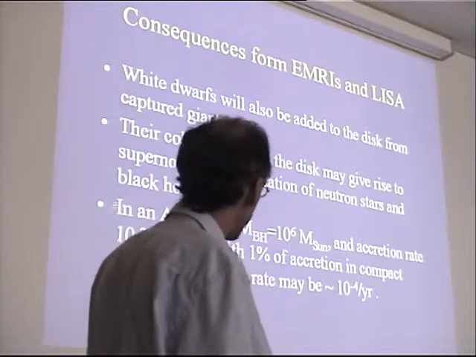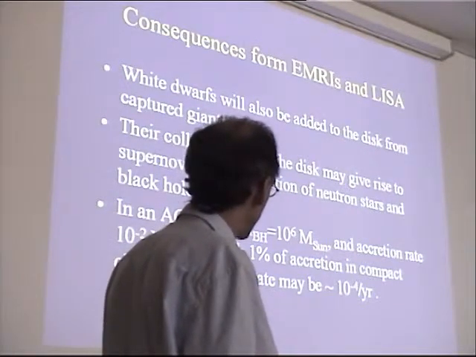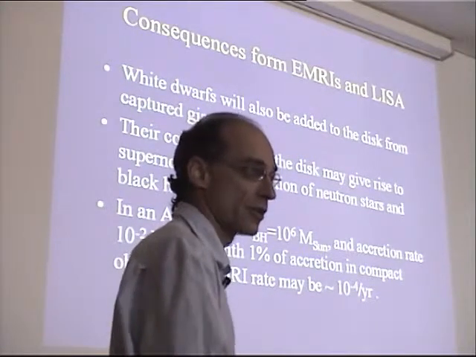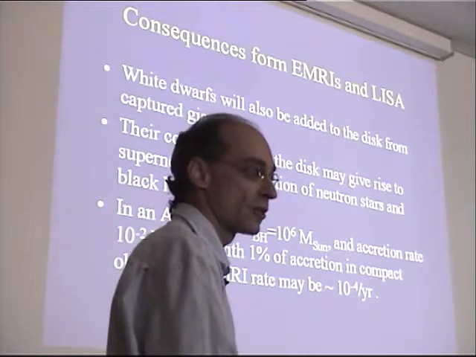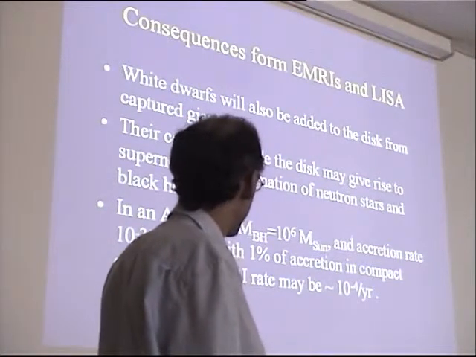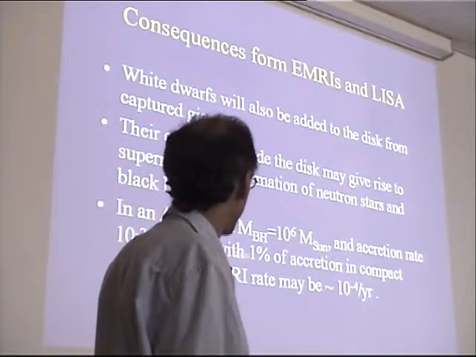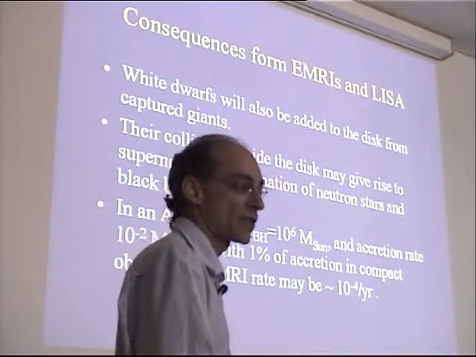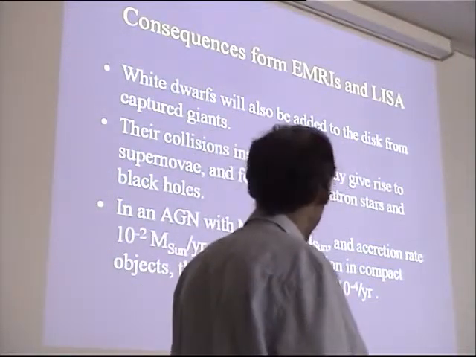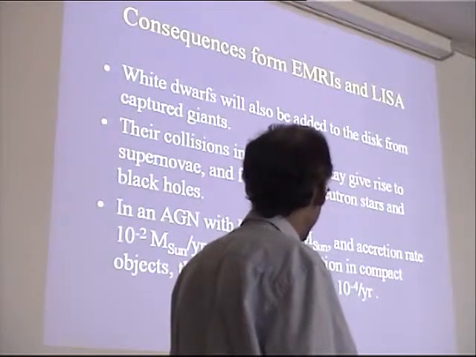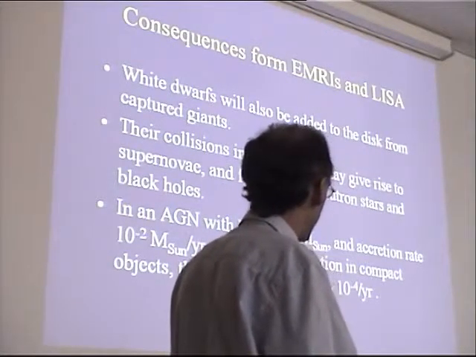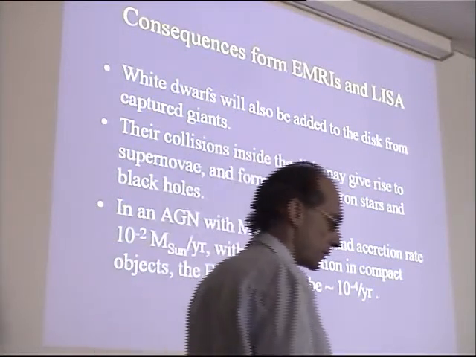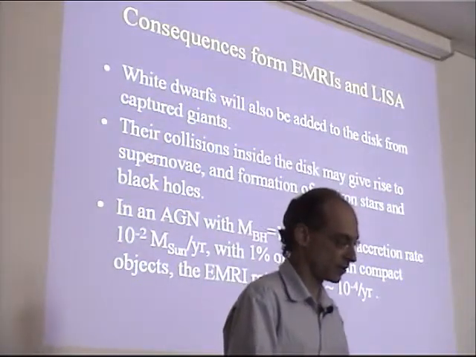Well, let's say that 1% of this accreted material, if it all comes from stars, will end up as these compact objects: white dwarfs, neutron stars, stellar black holes that somehow get inside the disk and are not destroyed. So 1% of accretion in compact objects means 10^-4 per year. If each one of them has roughly 1 solar mass, that would be going into the black hole. Well, if you have an event rate of 10^-4 per year from every AGN with this mass of a black hole, this might actually compete with extreme mass ratio events from inactive black holes. So it's something to think about.